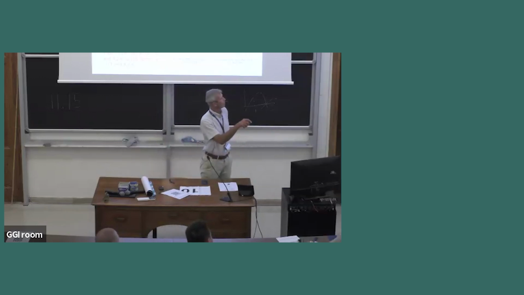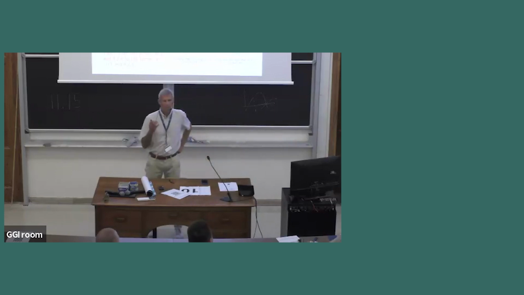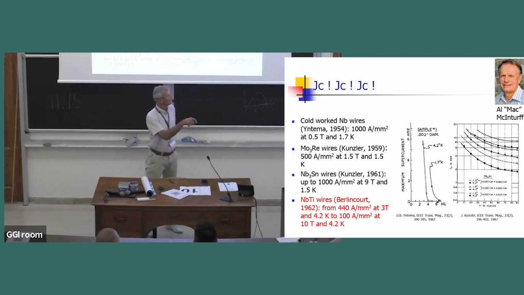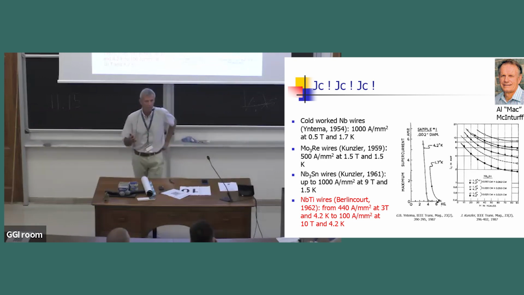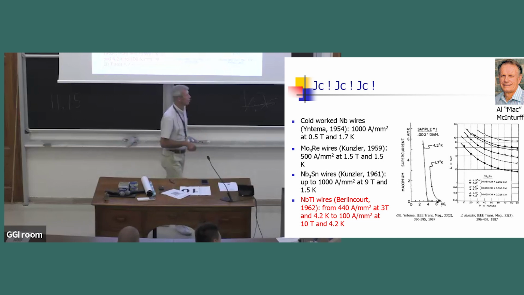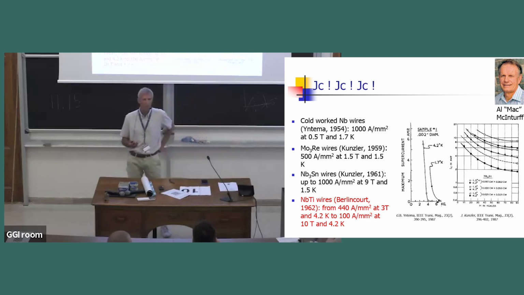It was clear already at that time that one needs JC, critical current density. You want a compact winding, and that's how many of these wires underwent material science optimization, so that the various materials, some of them died out, not interesting, like molybdenum rhenium wires. It was substituted by niobium-3 tin and eventually niobium titanium that was discovered in 1962. So the order of magnitude of JC at that time was about 500 to 1,000 amp per square millimeter at relevant fields, so a few Tesla and 4.2 K.